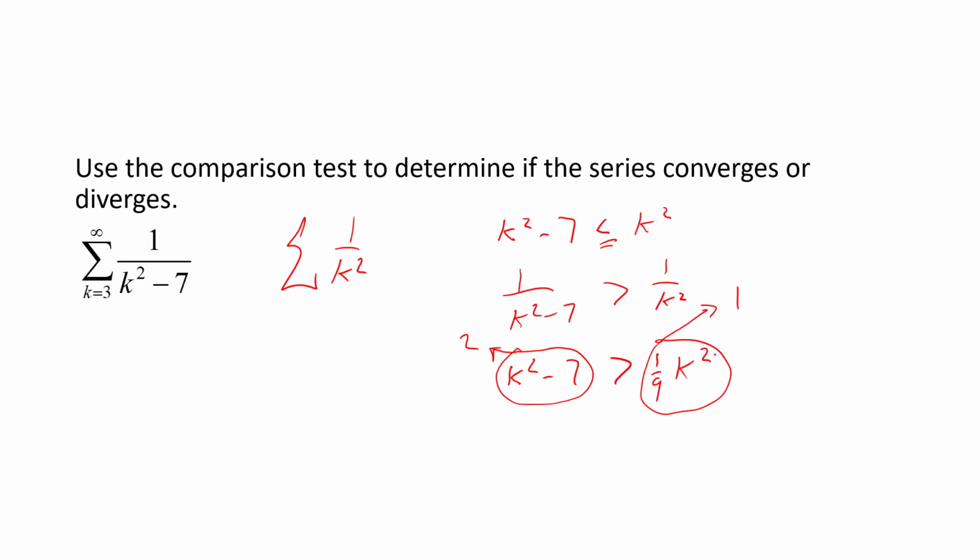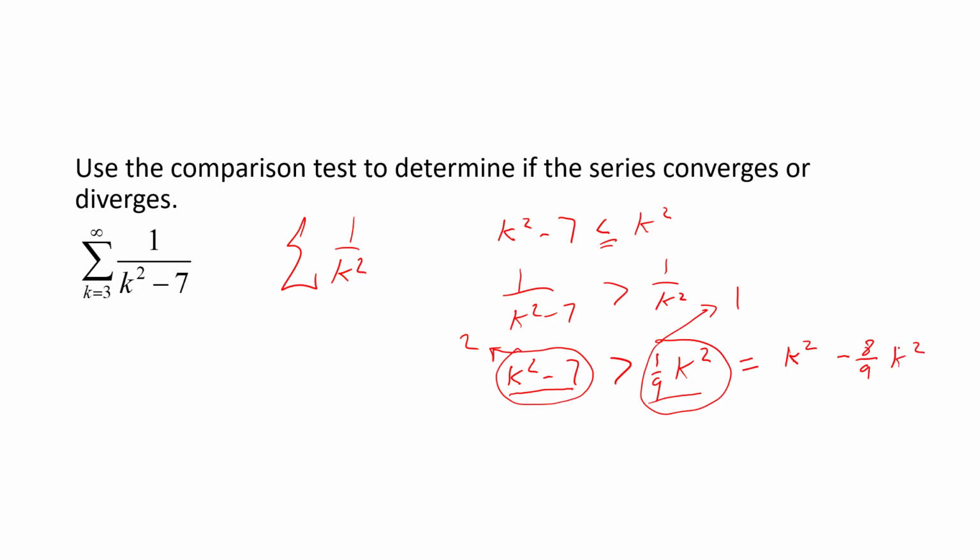But I wanted to show you that this was always going to be true for k bigger than 3. And I understand where the confusion comes from. This seems like I pulled it out of thin air. But what I'm trying to do is compare k squared minus 7 with 1/9 k squared, which is kind of hard to compare just by looking at them, unless I take 1/9 k squared and rewrite it as k squared minus 8/9